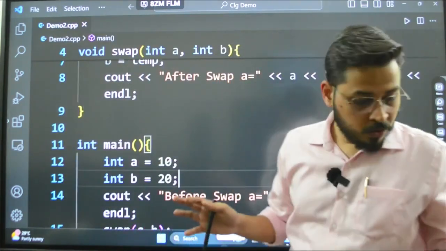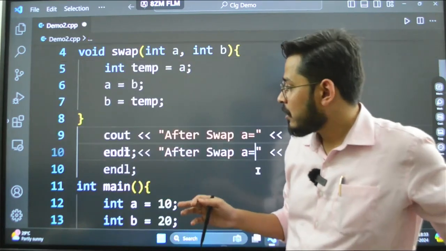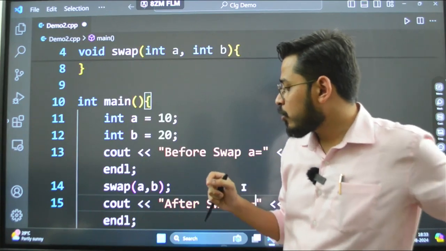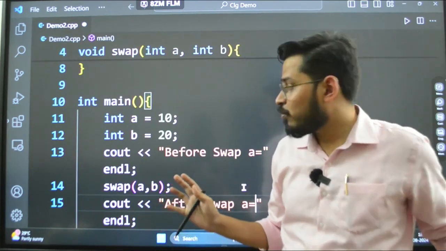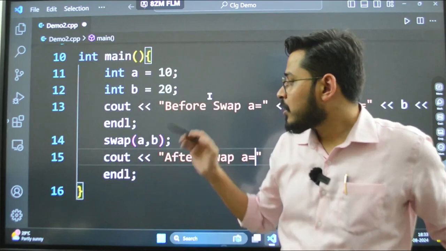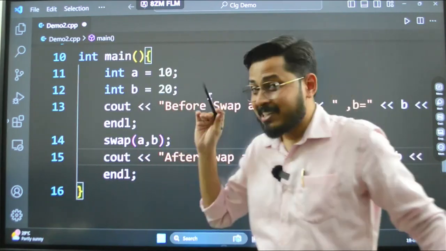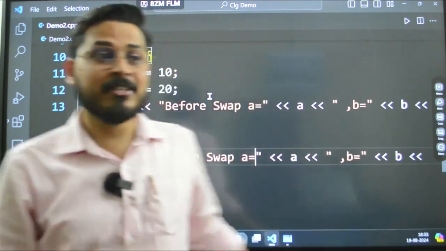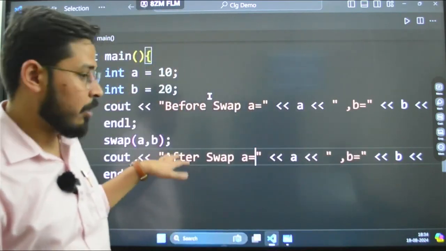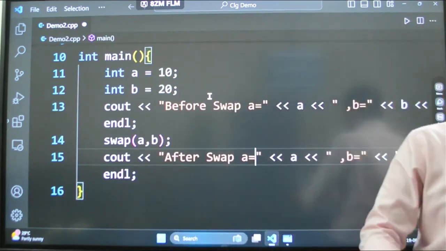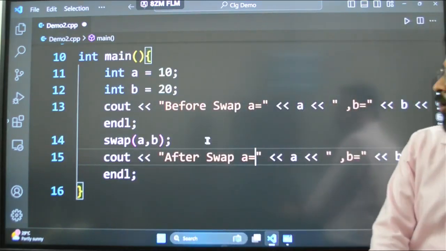So what we will do, I am going to bring this back. My motto is to do something which will make the changes happen in the main function. So how can I do this?